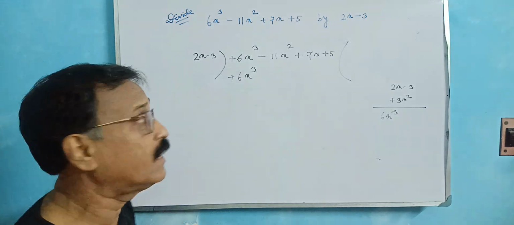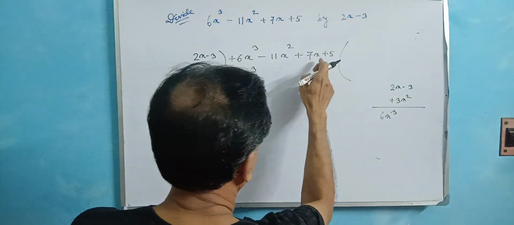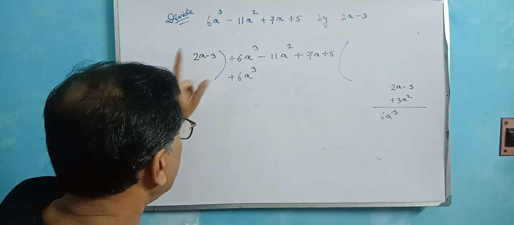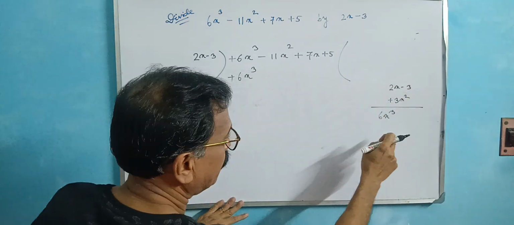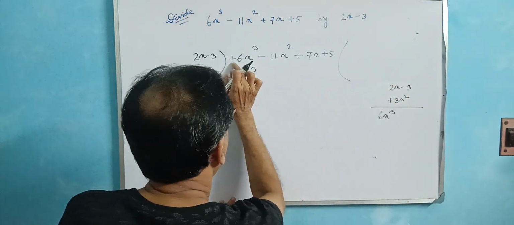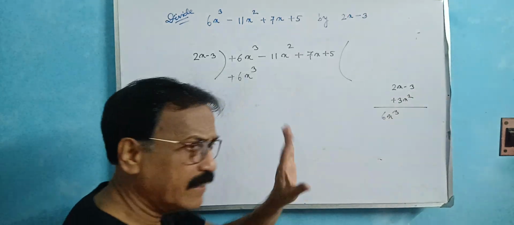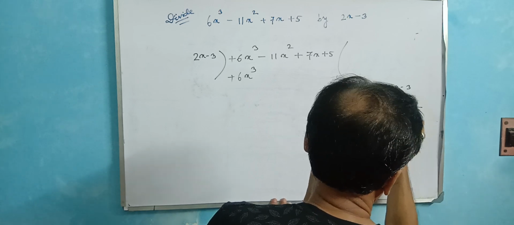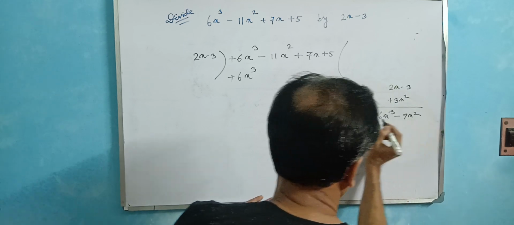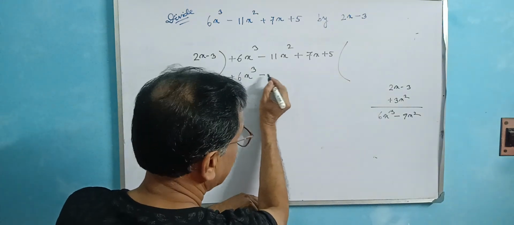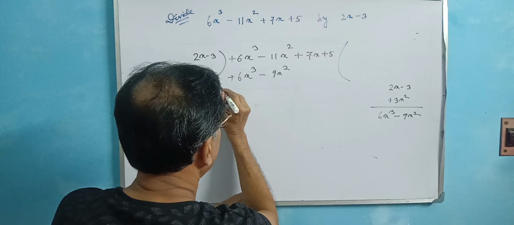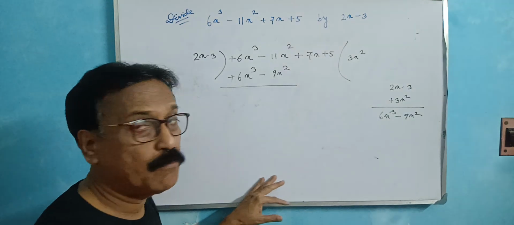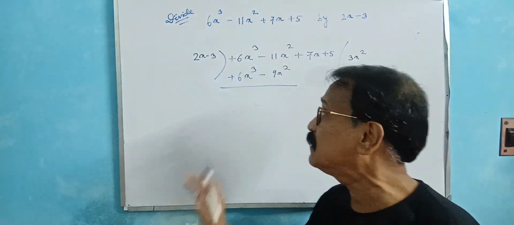Be careful, observe this well: 2x minus 3. So divide this by 2x minus 3. Here there is plus 6x cube, so for that reason 2x minus 3, in which number you multiply, you get always plus 6x cube; this must be invariant. So here 3 times 6x cube, plus minus minus 3 threes are 9x square. You just write 6x cube minus 9x square. This is very important, and here is the quotient 3x square. Try to understand this place in case of division.